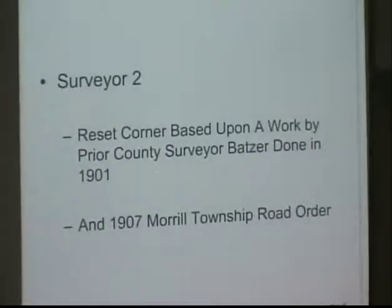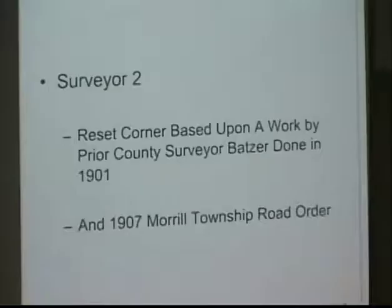The second surveyor relied on a survey done by a Batzer in 1904. Yeah, 1901, 1903, in that range. The county board then faced the same problem you've got now. People out there were complaining, apparently, and the county board hired a surveyor to go out there and said, find the corner, set this thing, get it for us. And so he went out there doing the best he could do, and he set a corner. And so the second surveyor found that survey of Batzer's, and he said, that's the corner I'm going to rely